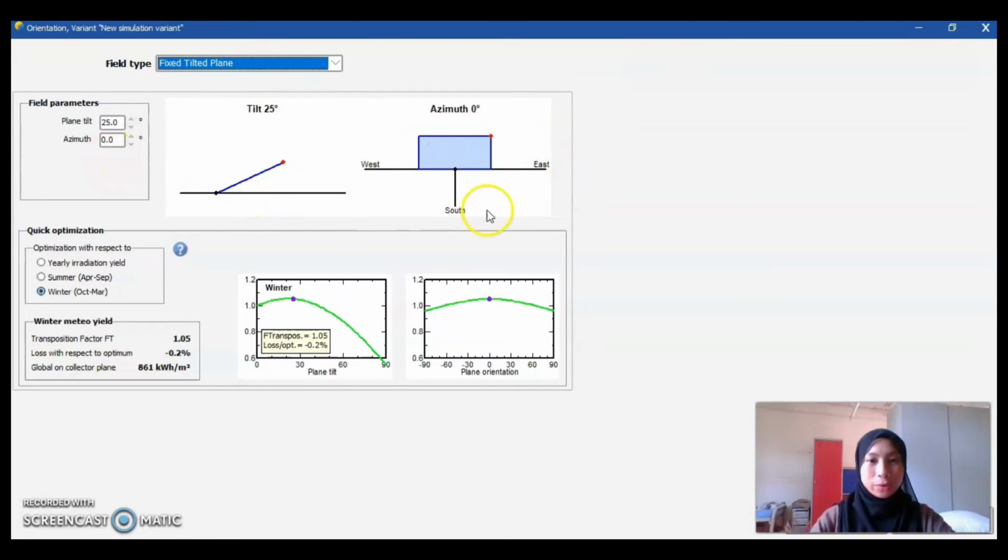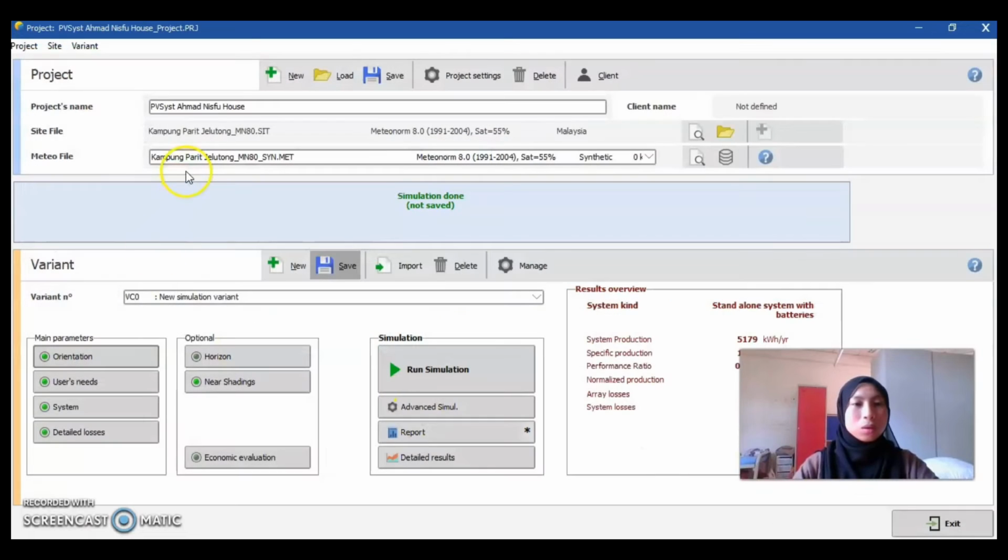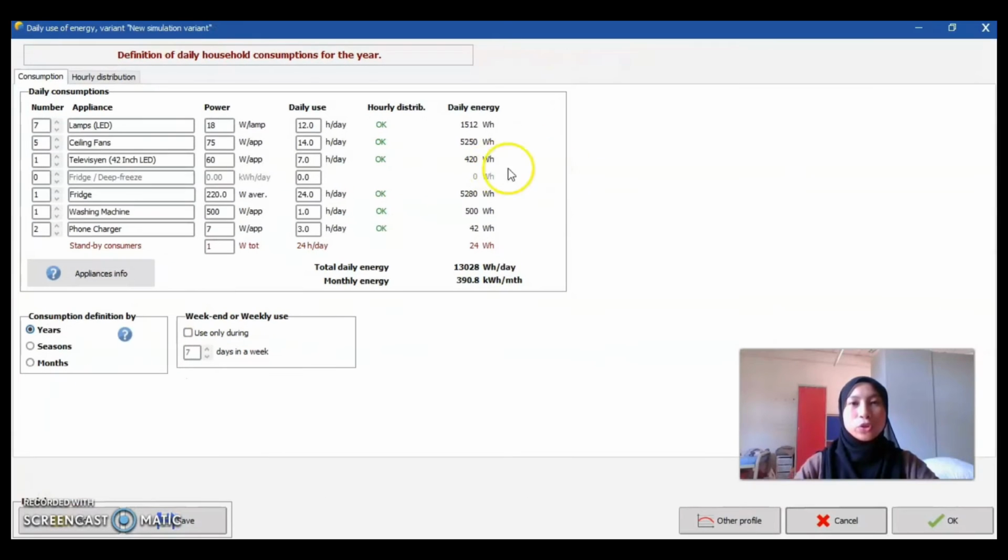So basically this is the diagram. Okay, we move to the user needs. For this project, our group has decided to use these appliances: LED lamps, ceiling fans, television, which is a 42-inch LED, and then fridge, washing machine, and phone charger. This is the total number of each appliance, and this is the power for each appliance that we need to set up. And then this is the daily use that we also need to set up in this simulation,